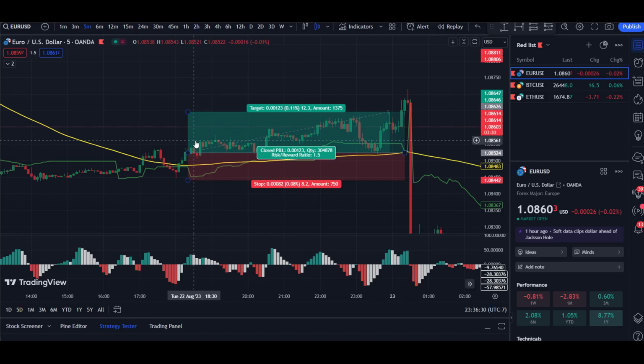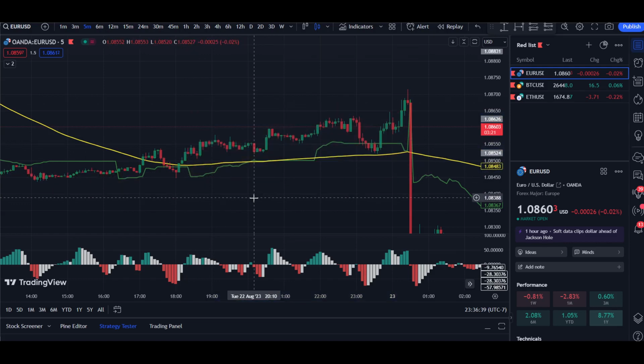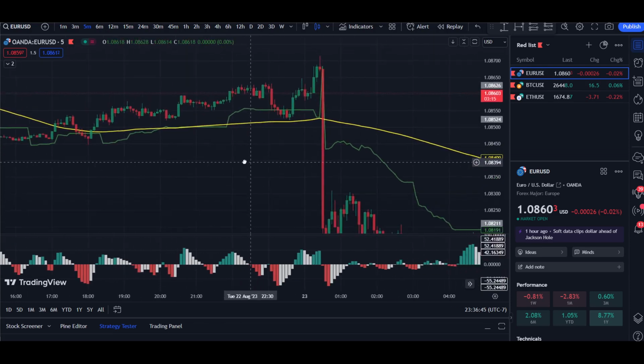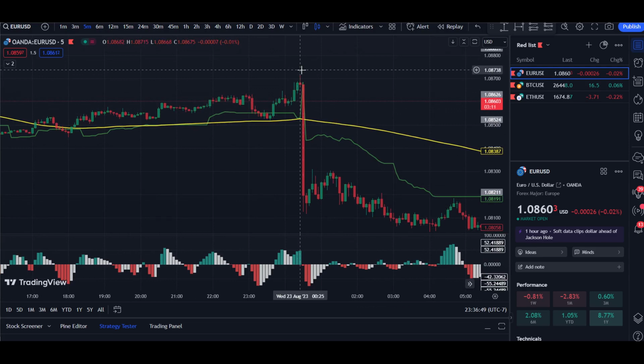Or you can take partial positions at the 1 or 1.5 risk reward ratio and move your stop loss up if you want to hold the trade a little bit longer. As you can see, we do have our first winning trade on our long position. Something that I would watch out for, especially in Forex trading, is when, for example, you can see right here,